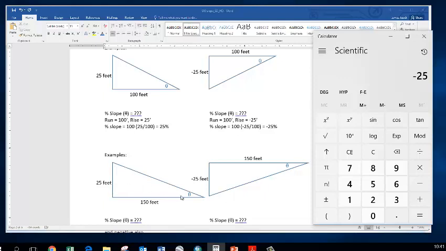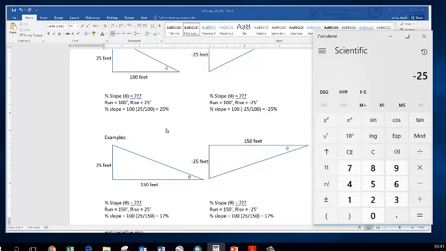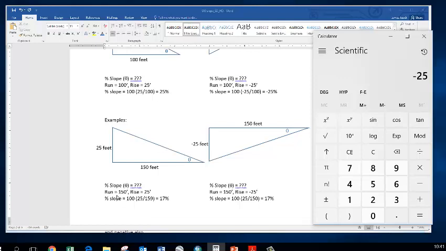Is this going to be a steeper slope or a less steep slope than this? Well, let's find out. This turned out to be 25%. Okay, so here, in this case, my run is 150 feet rather than 100 feet, and my rise is 25 feet. So 25 divided by 150 times 100